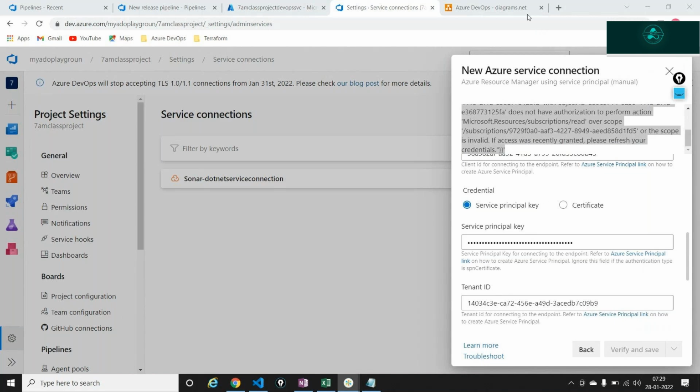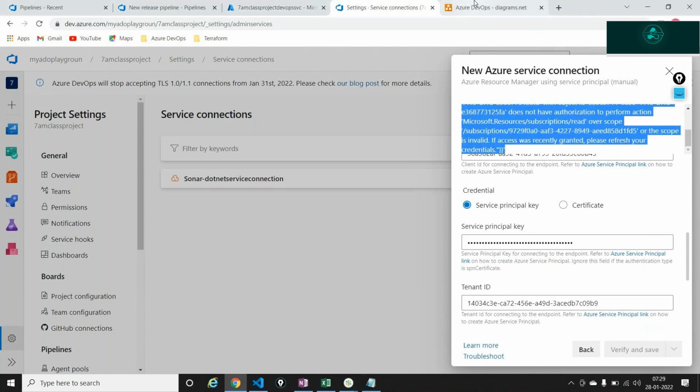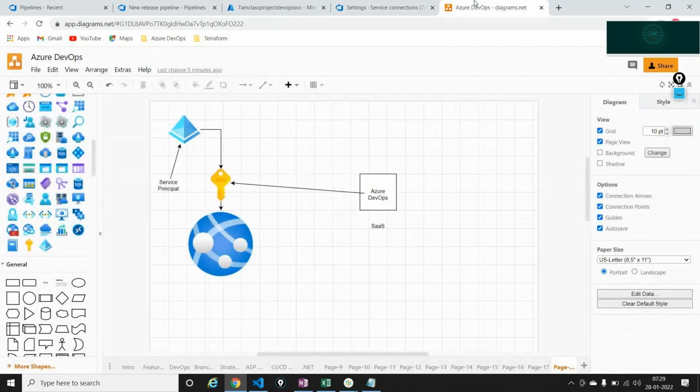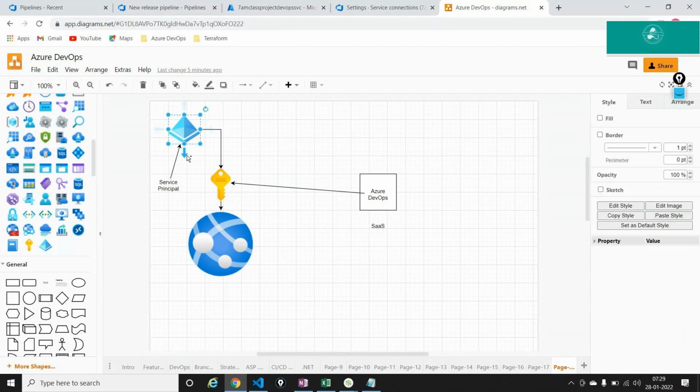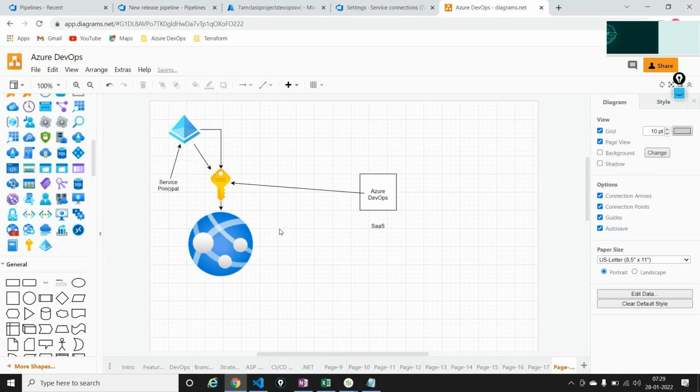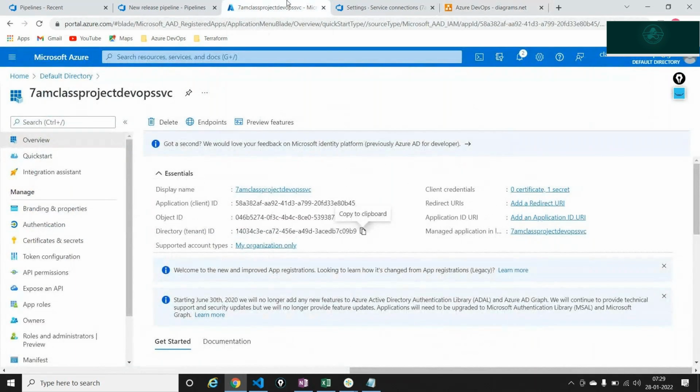That's right, permission is missing. But what exactly is missing here is that I have created a service principal in the Azure Active Directory, but did I give that particular service principal a permission over my subscription? Did I tell it, okay, fine, you know what, this service principal has access to the subscription? No, I have only created it at the tenant. I have not done anything else. So in order for the service principal to now start using my Azure subscription,